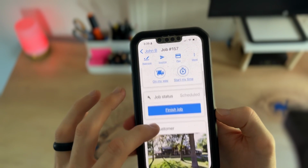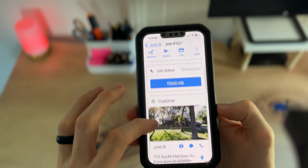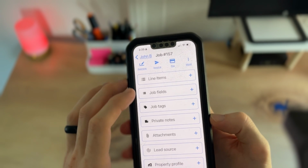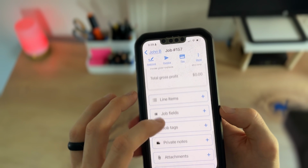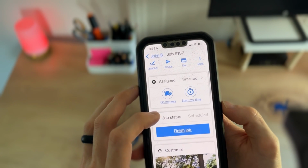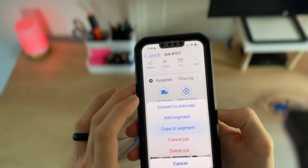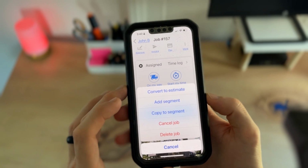And this is kind of the job dashboard. This is what this looks like. Now I think Housecall Pro has the best job setup here. You can add your job tags, job fields, you can add your private notes and your line items. Up top, you can send an invoice, you can take payment directly after a job is done, and you can convert jobs to estimates,